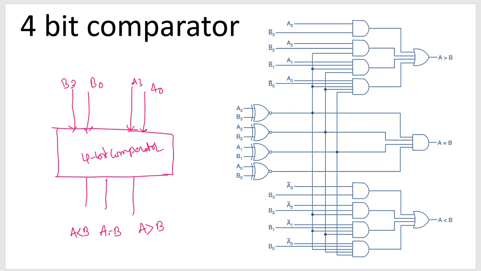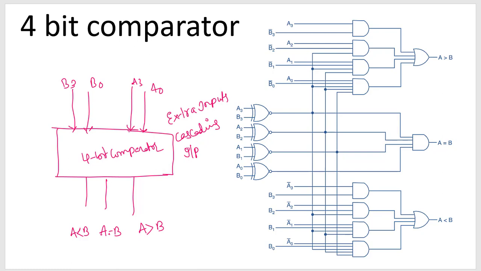Now the question is, when you want to compare higher order bits, suppose you have 8 bits, or 12 bits or maybe 16 bits, we need extra inputs for this block diagram, along with the input bits of A and B as well as the outputs. Those inputs are called cascading inputs. These cascading inputs will be useful when you want to cascade more than one IC7485. When you want to compare 8 bits, you are going to use 2 ICs, one for the lower order bits and one for the higher order bits.